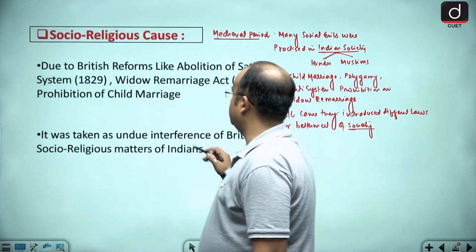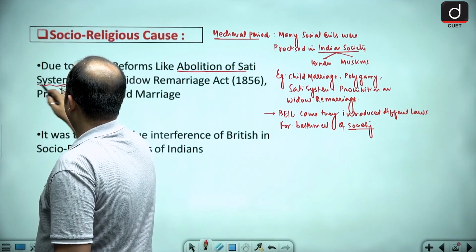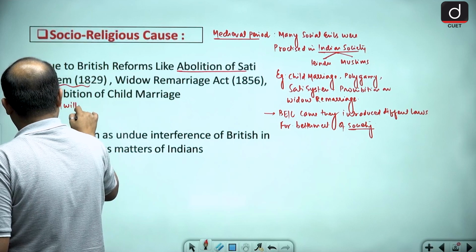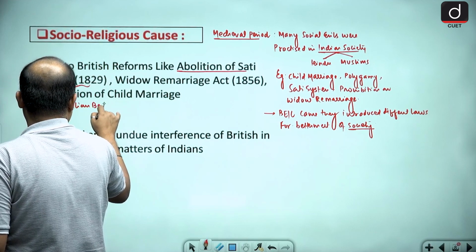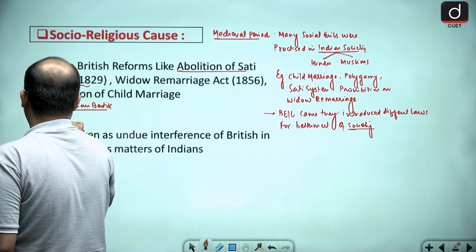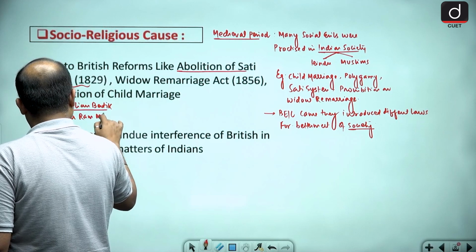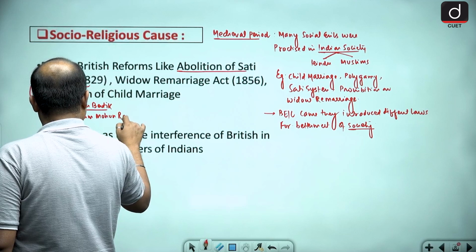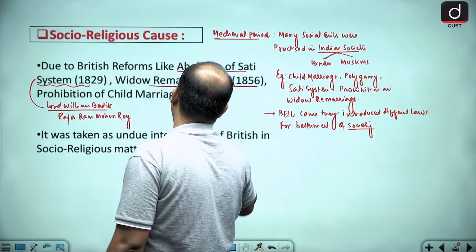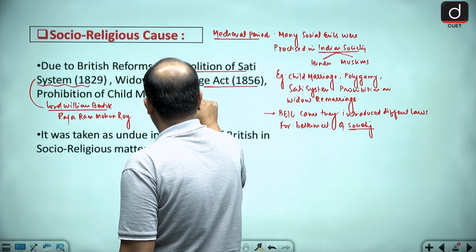Now, which were those laws? Like abolition of the sati system, which happened in 1829 with the effort of Lord William Bentinck along with Raja Ram Mohan Roy. Then we have the Widow Remarriage Act of 1856 with the effort of Vidyasagar